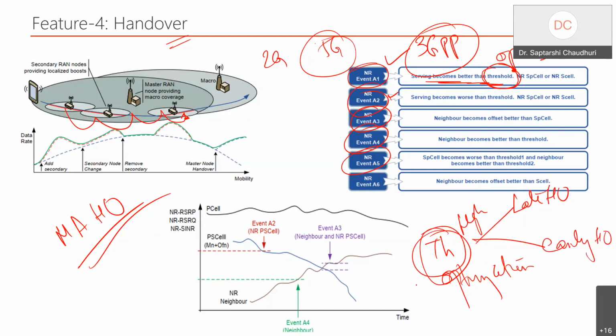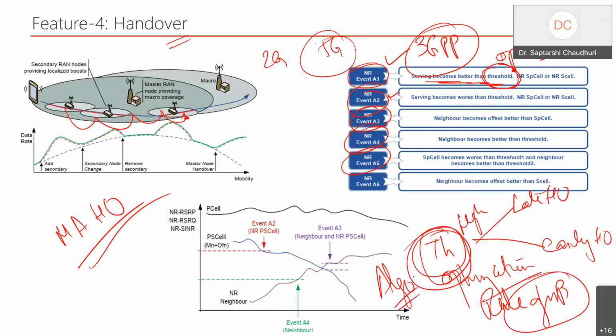Just this threshold or wrong setting of threshold. Now, what is my optimization rule? In the gNodeB or in the RAN, if this algorithm is wrong, you can imagine that we land up in this scenario or this scenario. Now, this scenario is so dangerous that it will lead to a call drop actually.